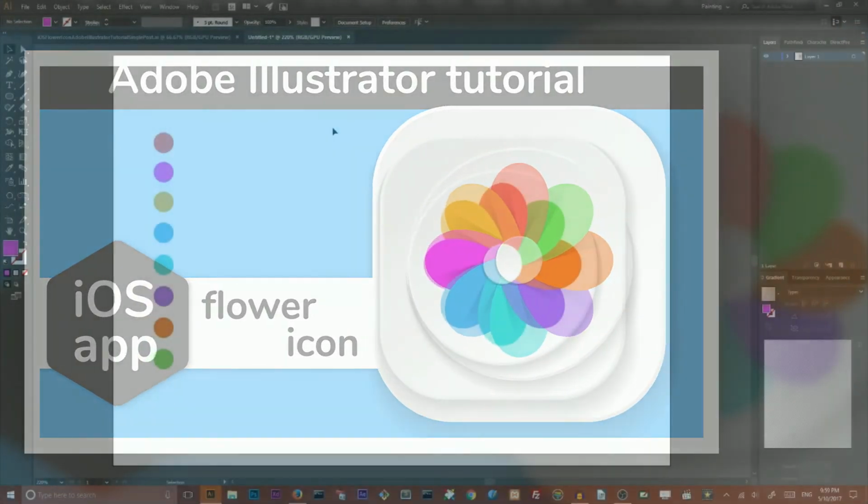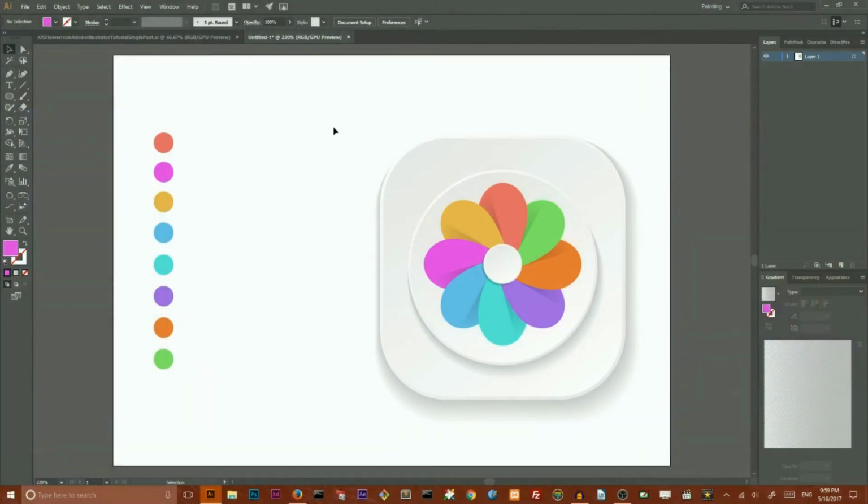Everybody, welcome to this Adobe Illustrator tutorial brought to you by Tutorials. And in this tutorial we are going to create this gorgeous vector app icon in Adobe Illustrator, and this icon